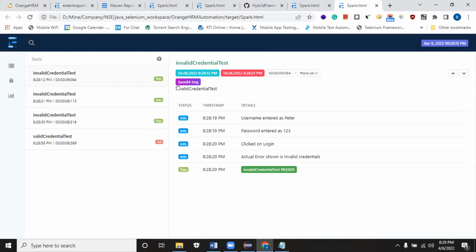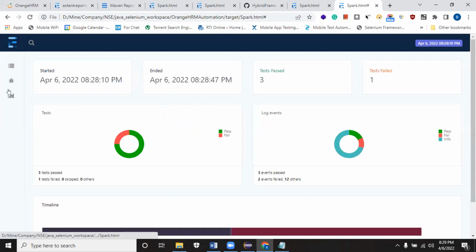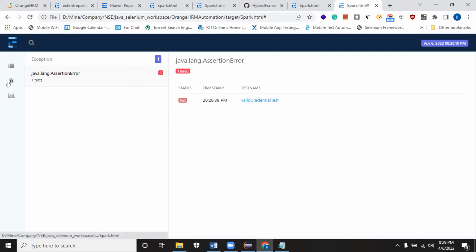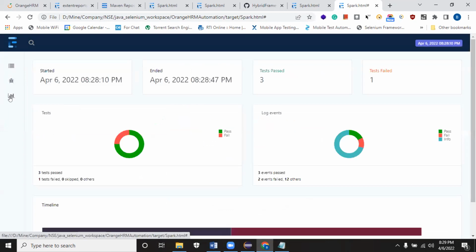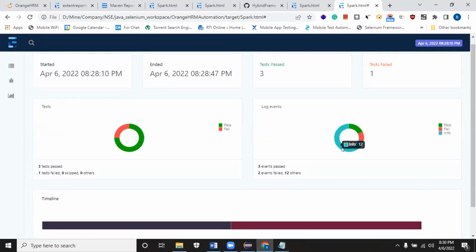Info. Understood? Most of the things are done in the extend report. This is what you need to create. And in the extend report, you have these things. One is the test we created, and then the failure detail. If you want to look into this, you can click on this, and the dashboard report will be here. Total test methods, how many passed, how many failed. Okay, totally 3 test methods, 1 failed, others passed.